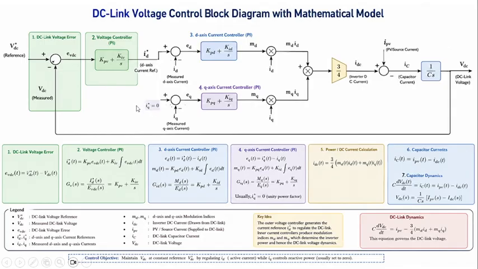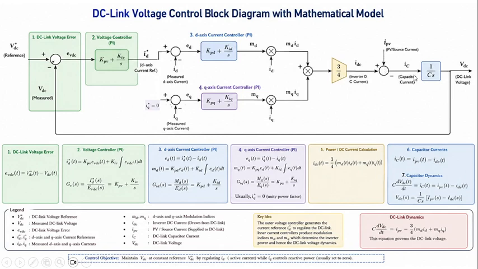and usually, to maintain the power factor constant, the IQ value is maintained at 0. This is IQ star is 0, the reference is 0, this is IQ, then we will get an error. So here MQ is obtained from this. Actually, IDC is nothing but MD ID plus MQ IQ into 3 by 4. So for that we are doing this math, and after that